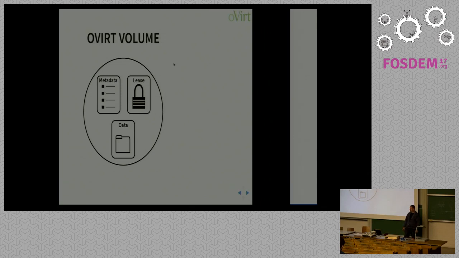The next one is the metadata area, and this is stored somewhere next to roughly the volume out on the storage domain, and it's a very small area where we have key value pairs. This stores properties of the volume, such as does it have a parent? Does the system regard the contents of the data area as legal? These type of things. And then one thing that I'll talk about today, which is the volume generation. Okay, and then the final area that we have is the lease area. I'll get into this one in more detail, but it's a shared storage lease, and a host is able to utilize this to gain exclusive access to the volume.